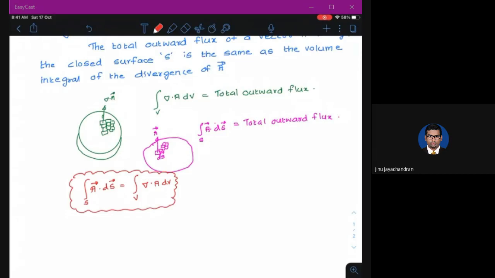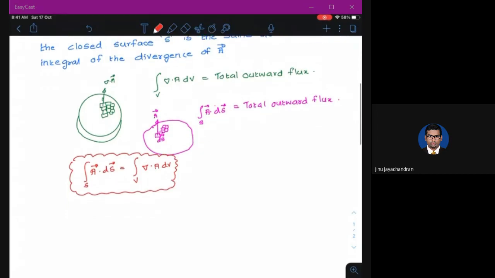Okay, why? See, I have given it as a volume integral. So basically, when I do this along the volume, del dot A dV, it basically means there's a triple integral because the volume is along the three dimensions. So dV means, if it is a cube, it is along the length, along the width, and along the height. So this dV will be dh, dw, and dl, if it is a cube.